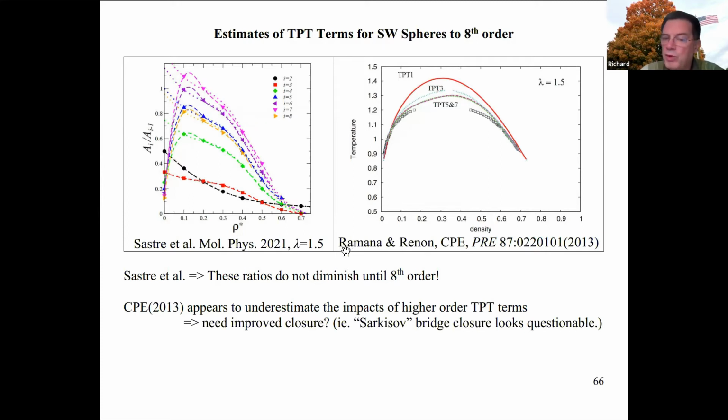And what we're going to be using here is this coupling parameter expansion, where in the first paper, Ramana looked at out to 7th order. So using integral equation theory, you can also achieve higher order expansions. What it looks like to me, though, is the particular version that they used, and this is still talking about spheres here,